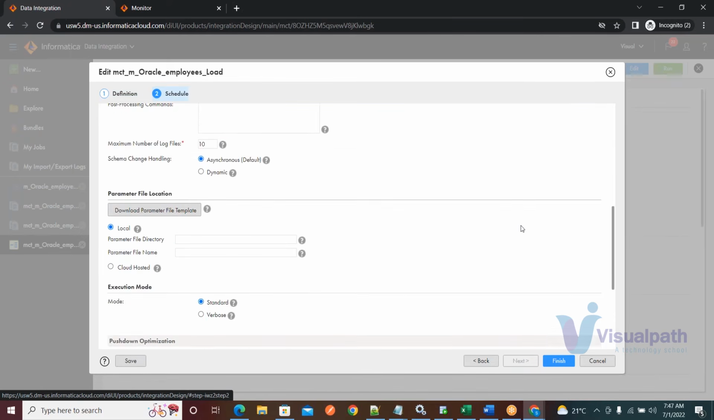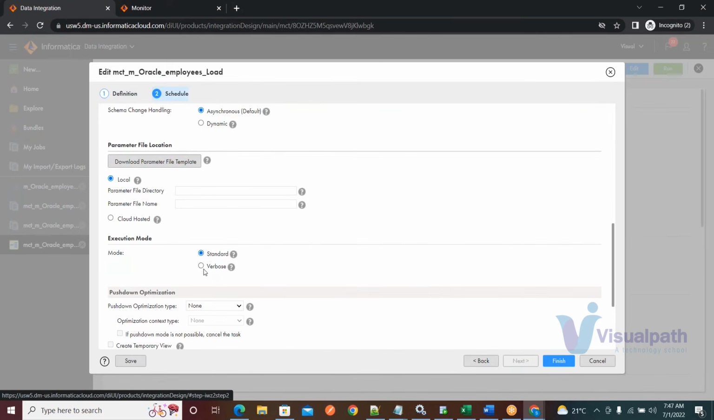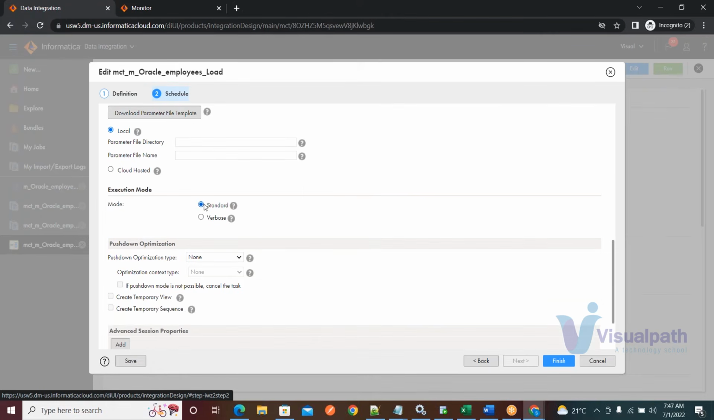You can enable verbose. I mean, this is just like the PowerCenter one, right? Verbose data, yeah, verbose, correct. Standard and verbose. You have an execution mode. By default, we get a standard execution, but we can also enable verbose mode at a mapping configuration task level,